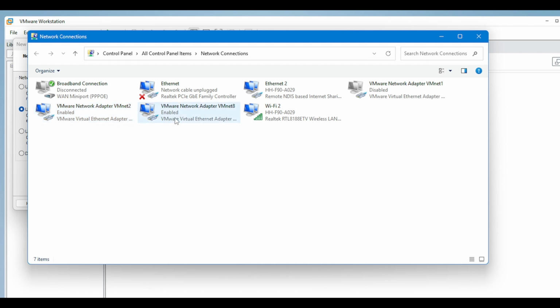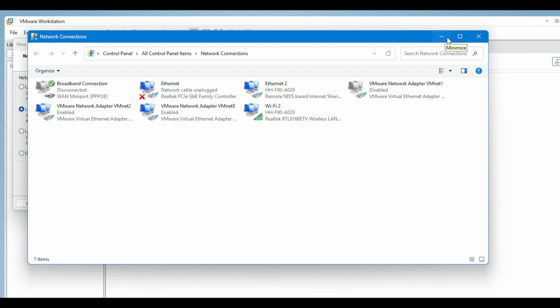VMnet8 is the NAT. So this is about the adapter, and this is the Wi-Fi connection, which is disconnected because it is not on Broadcom.